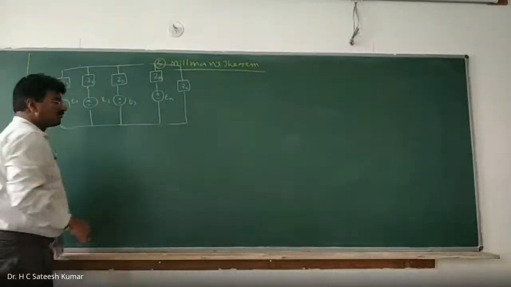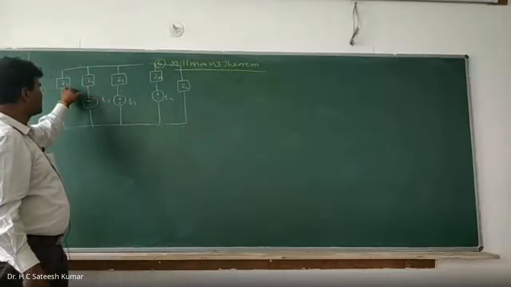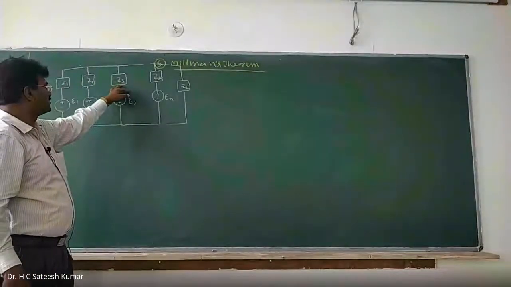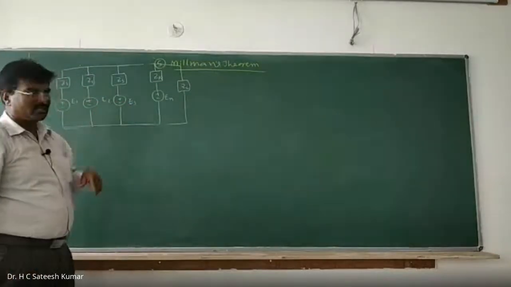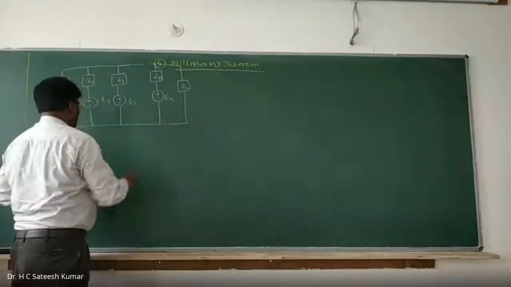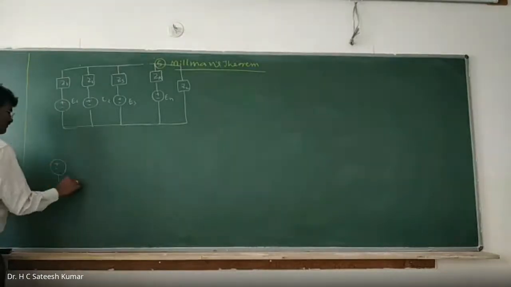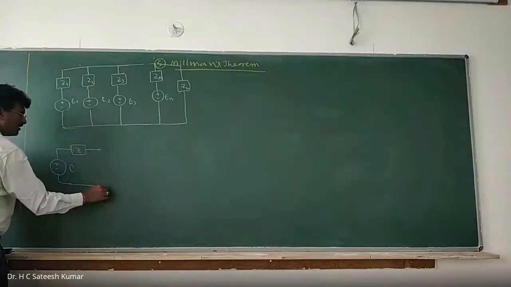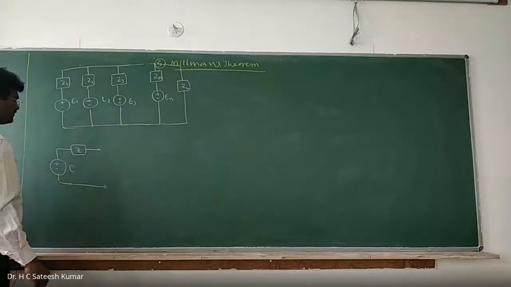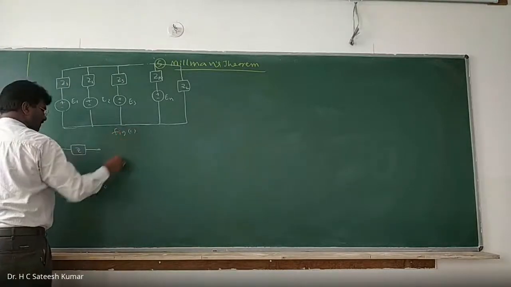That means if a number of sources E1, E2, E3, and so on to En, with their internal impedances Z1, Z2, Z3, and so on to Zn, which are connected in parallel, can be replaced by a voltage source E in series with an impedance Z, as shown in figure 2. This is figure 1. This is figure 2,